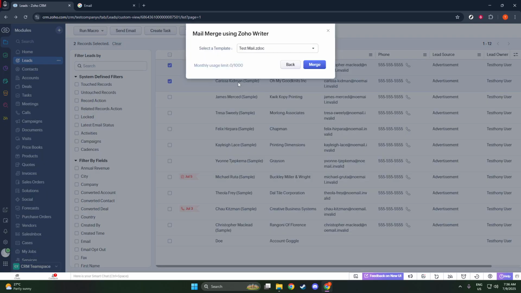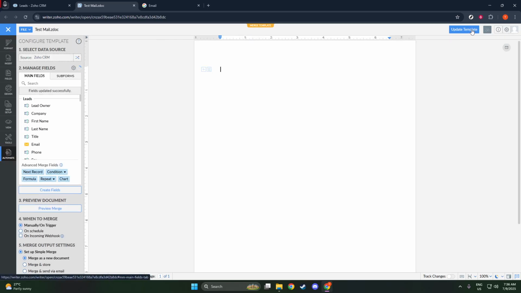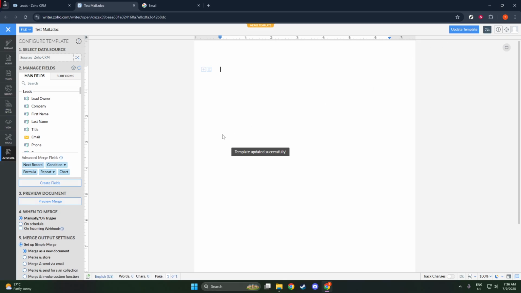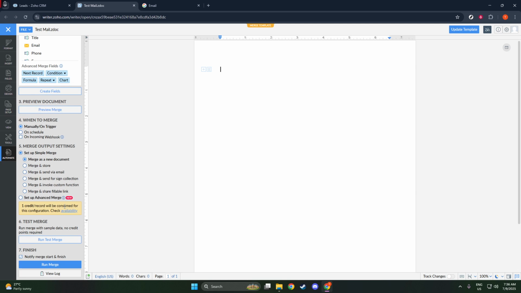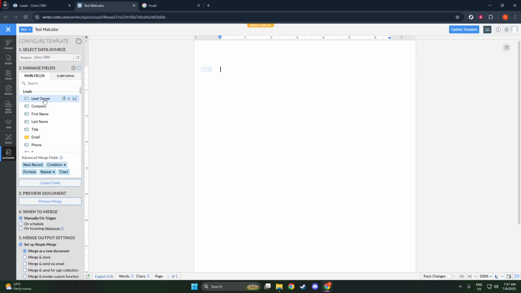Now, you have an interesting choice to make. Zoho CRM provides you with the luxury of either using an existing template or crafting a new one from scratch. If you already have a template that suits your needs, you can select it right away. It's a great option for maintaining consistency in your communication. However, if you need something specific or perhaps more personalized, you have the chance to click on Create New Template. This will launch Zoho Writer, opening up a blend of creativity and functionality to design a template that meets your